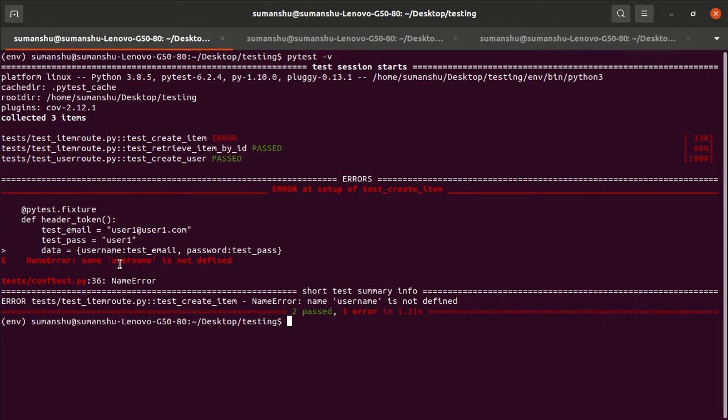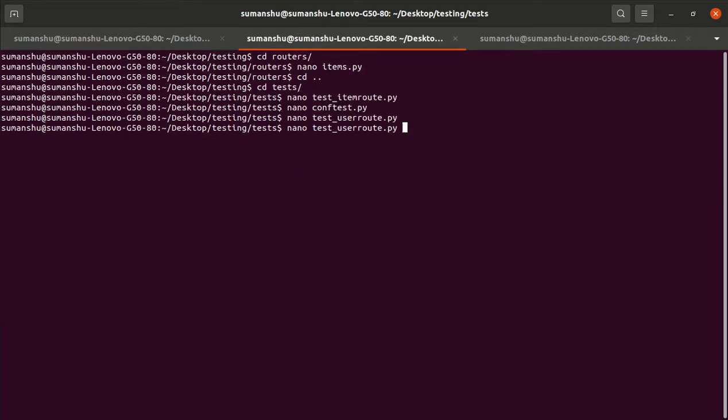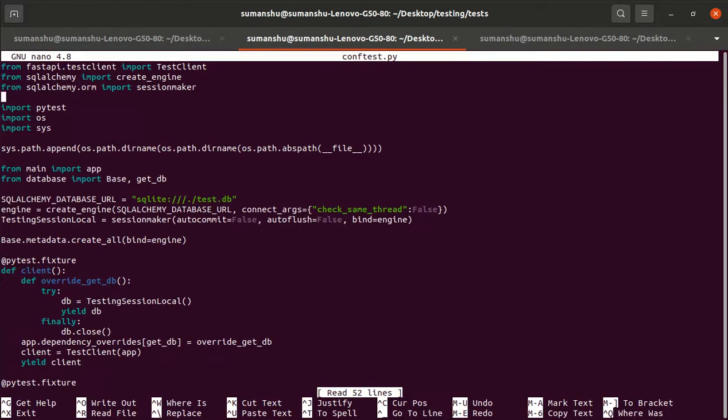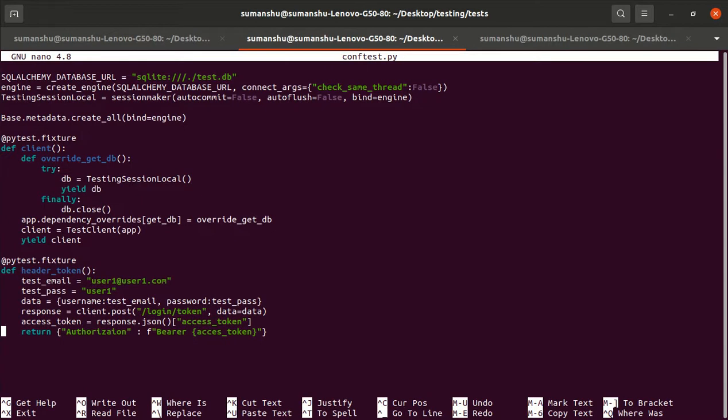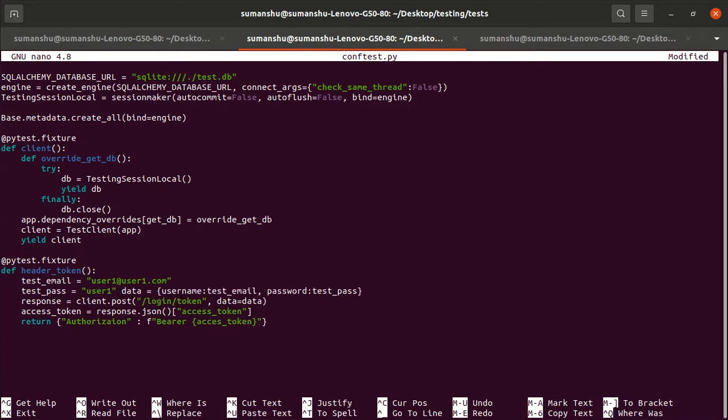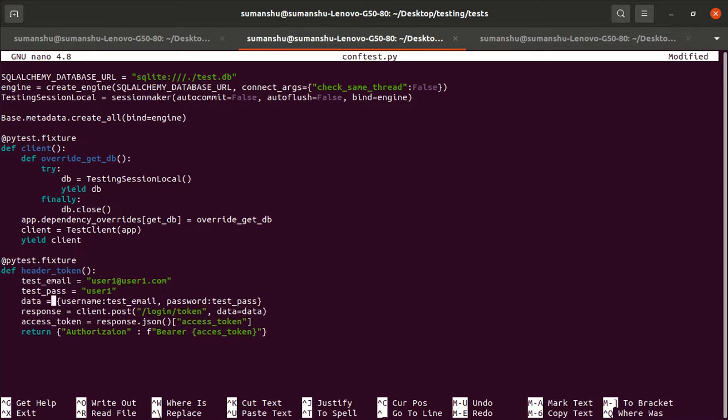Okay, that is a key basically, so we have to pass it in quotes.